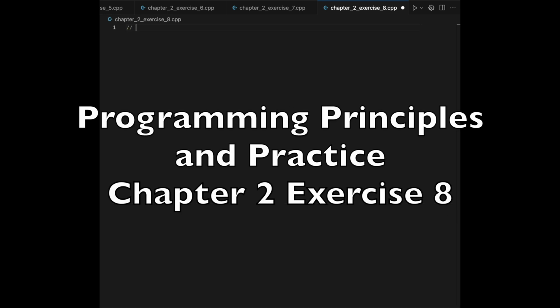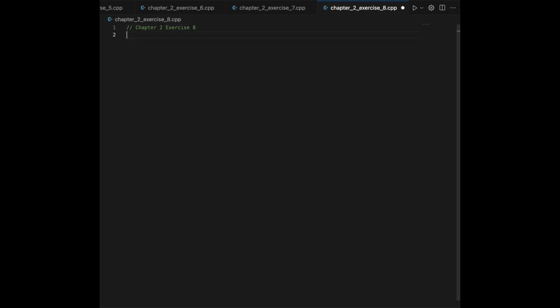Okay, let's go ahead and jump into chapter 2, exercise 8. And what we're asked for here is to print out whether a number is odd or even. This is an interesting exercise because if you're looking at this for the first time, the modulus operator can be